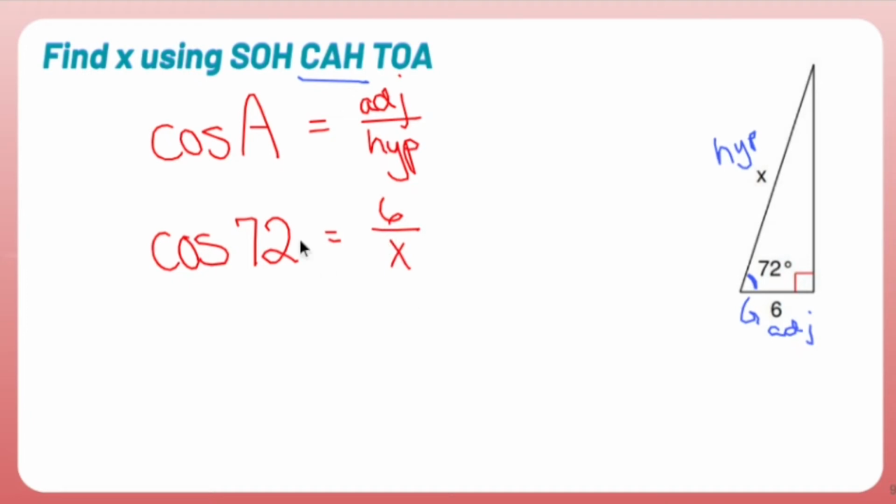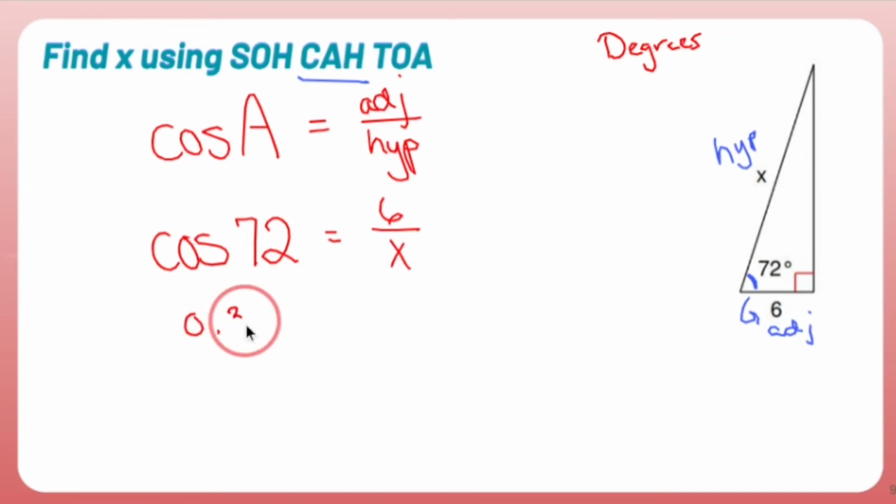So in a previous problem, I was trying to find the angle and we needed to use inverse cosine, not here. What I do is I run to whatever calculator I have or Desmos, and make sure your calculator is set to degrees. If you're using Desmos, hit the little wrench thing and go to degrees. If you're using a TI-84, go to mode and make sure it's in degrees. And you're literally going to type out cosine of 72, which I am actually doing this very second. It's giving me the fraction